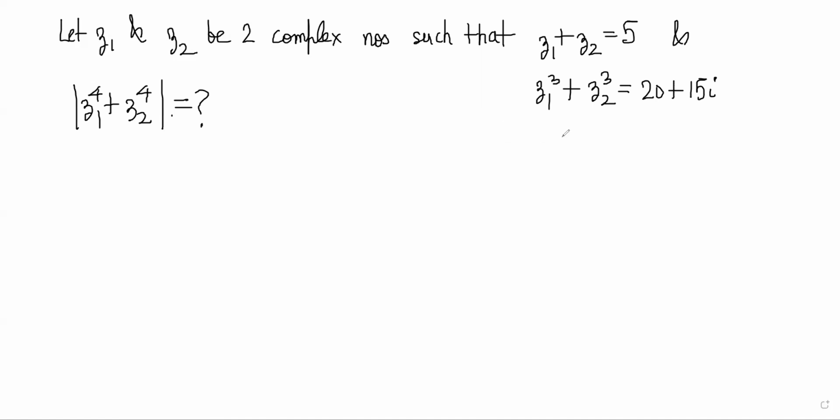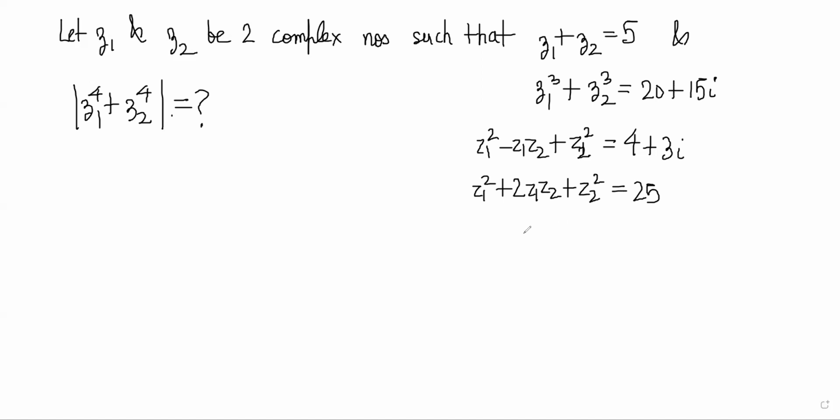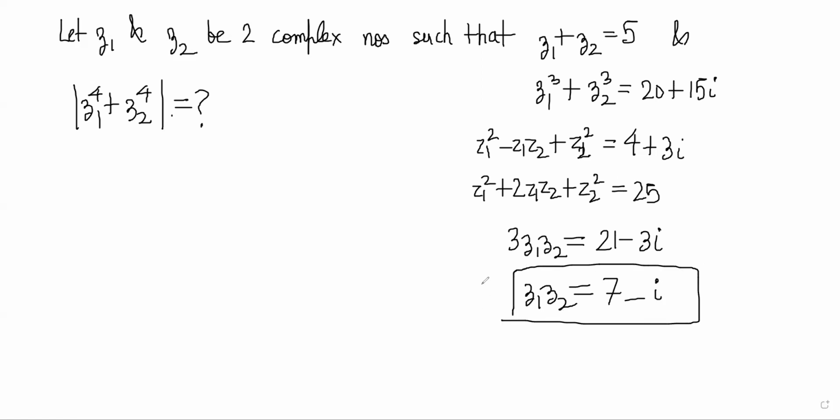+ Z2 से। तो Z1 स्क्वायर प्लस Z2 स्क्वायर माइनस Z1 Z2 आ जाएगा 4 + 3i। ओके। और फर्स्ट वाले को एक बार स्क्वायर कर देंगे। तो सेम चीज आ जाएगा, बस यहाँ 2Z1 Z2 हो जाएगा। और अब 2 में से 1 को सब्ट्रैक्ट कर देंगे। 3Z1 Z2 = 21 माइनस और फिर एक बार फर्स्ट वाले को 2 से मल्टीप्लाई करके ऐड कर देंगे दोनों को।